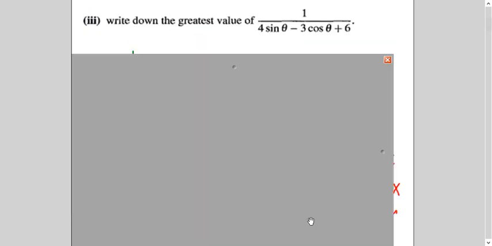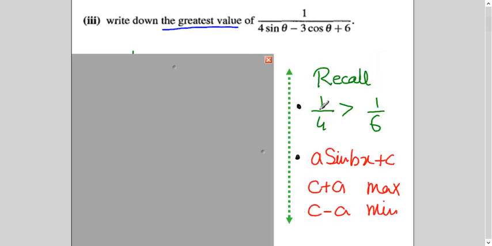Now the main thing is part 3 basically. Question is saying write down the greatest value. I will explain this and you will see at times in the past paper it says write down the greatest value or least value and the corresponding angle of it. So first of all, let me handle greatest value. You know from your junior classes the concept in fractional form. If denominator is smaller, in one case, there are 2 examples, 1 over 4, 1 over 6. If denominator is smaller, that fraction is bigger, right? So we will use the same concept.